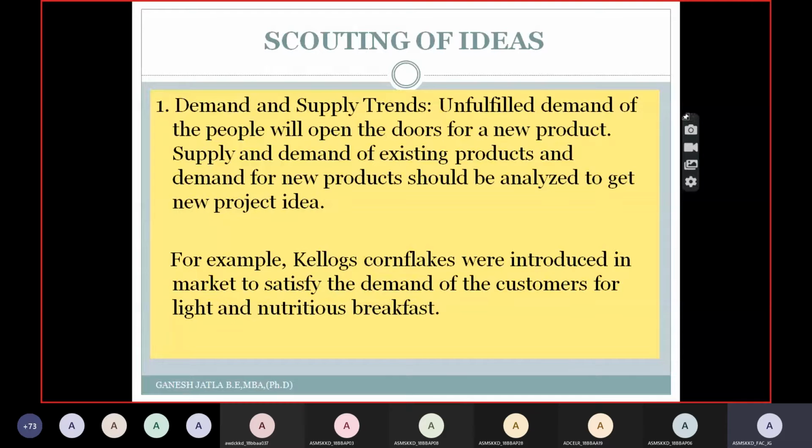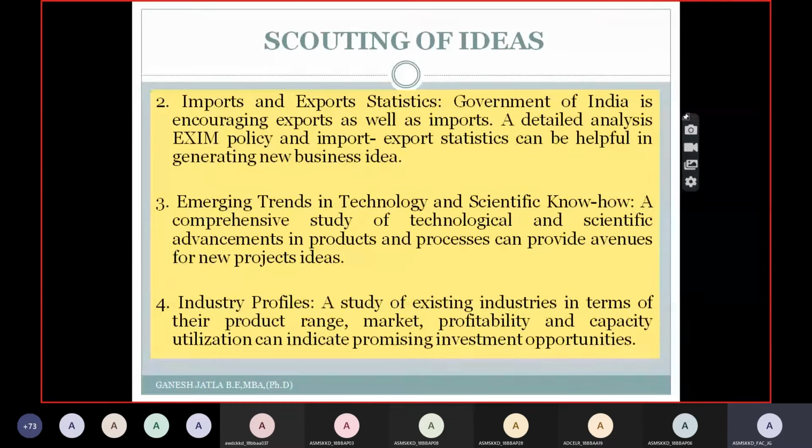You generally identify the needs of the particular customers. And next one is the import and export statistics. As you know, this particular information you generally get from the government of India. Sometimes the government will encourage exports as well as imports. For example, currently you take that the vaccination process is there. For vaccination, as we know, we require raw material. What is the raw material? Some raw material we are getting from the USA. So the import policies on this raw material for this vaccination product have been somewhat relaxed by the government, that they have reduced the amount of import charges. So you can get the raw material quickly.